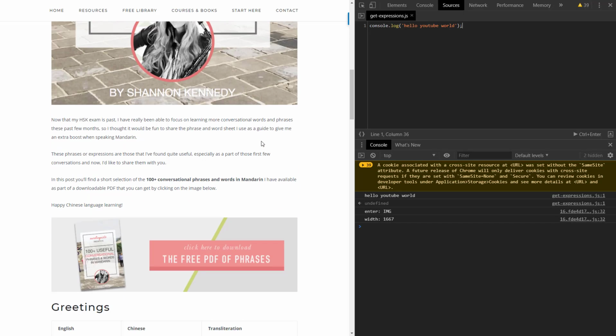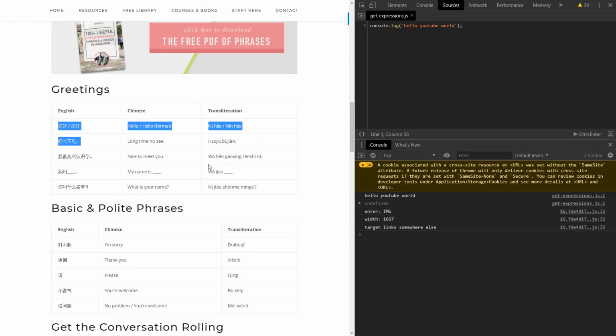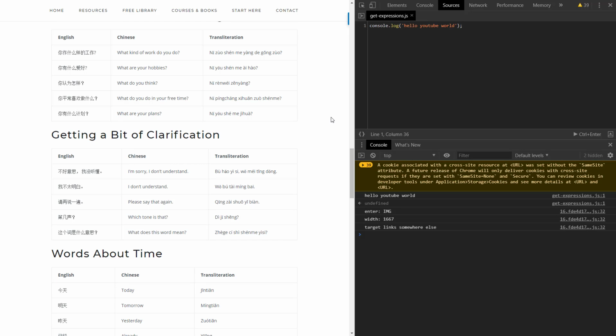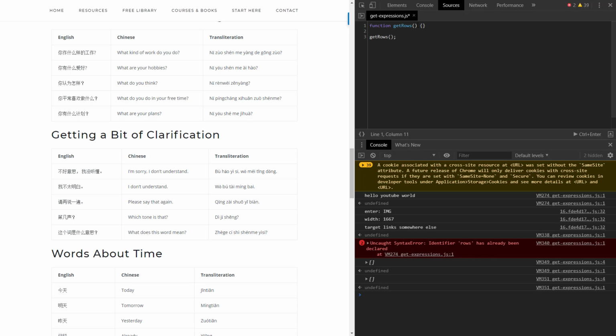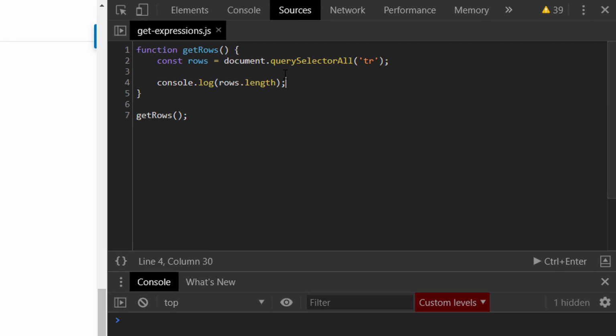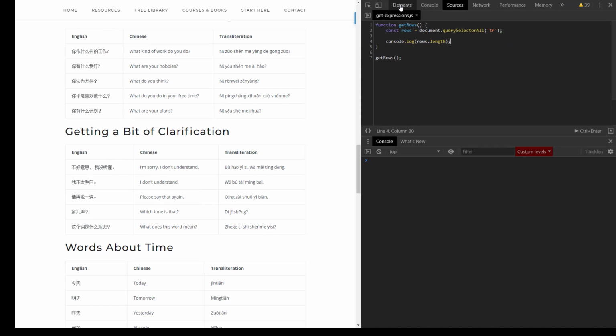Well, what we want to actually do is grab all the table rows from the page and then get the values out of those table rows. First thing I'm going to do is just declare a function getRows and then call that function right away. So I'm going to grab all of the tr elements, and then let's just count how many of those there are. Now, one other thing you can do, in order to figure out which elements you're looking for, on the Elements tab,